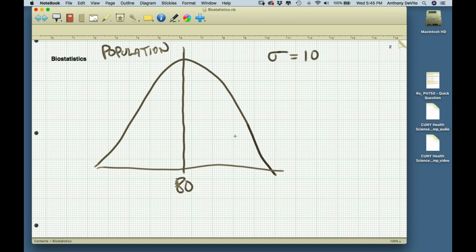Okay, so what does that tell us about this population? That tells us that if this is a truly normally distributed population, then I can make a lot of predictions about it. So I can say, for instance, that 68% of the people in this population are going to have a blood pressure between 70 and 90. Right? Anybody remember what that rule is called? How about you guys? Remember what that rule was called? That's called the empirical rule.